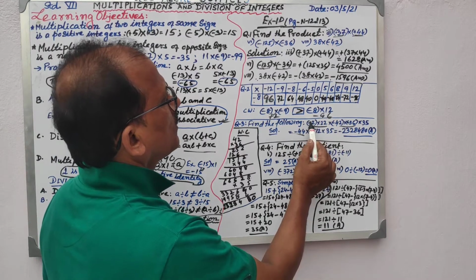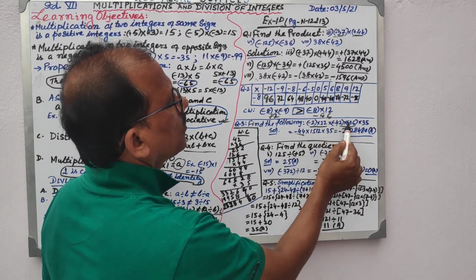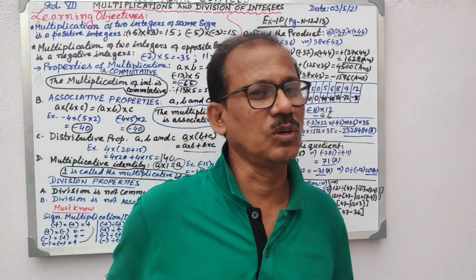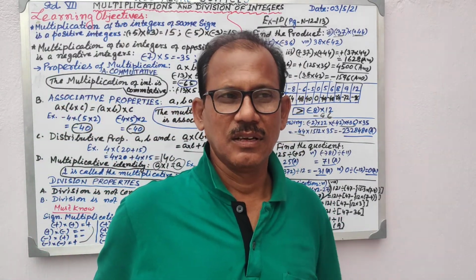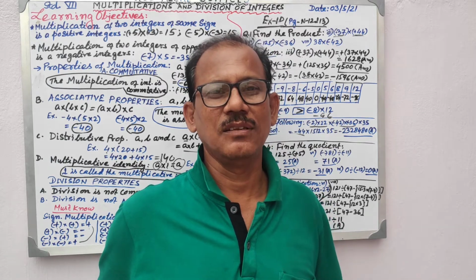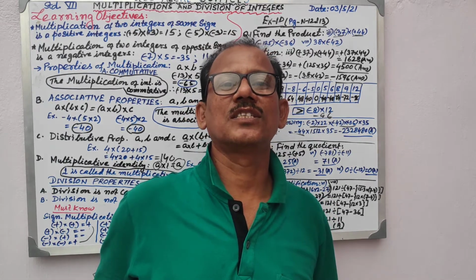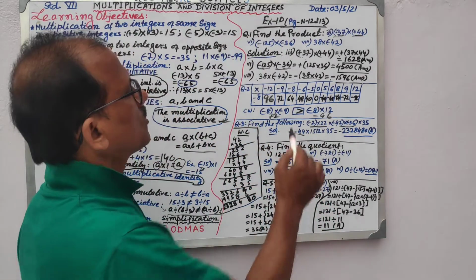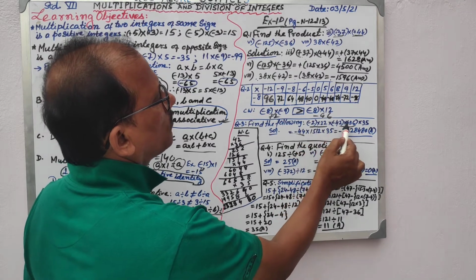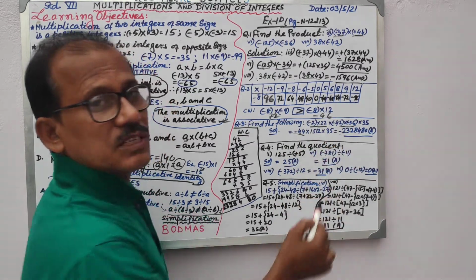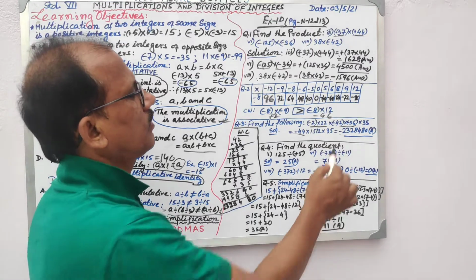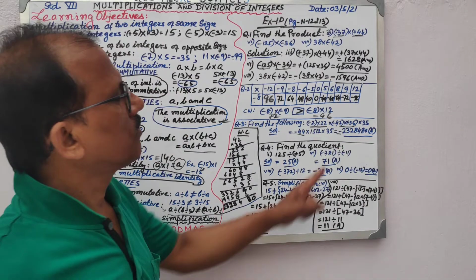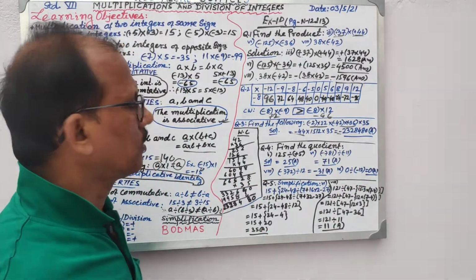See, minus multiplied with minus will become plus. If an odd number of minus signs is there, it will be a minus sign. See how many times minus is repeated. If an odd number of times minus is there, the result will be minus. Keep it in mind. So here, how many times? 1 time, 2 times, 3 times. Definitely 3 is an odd number, so the negative sign is there an odd number of times, and the result will come in negative. So 23,28,480 with a minus sign will be its answer.